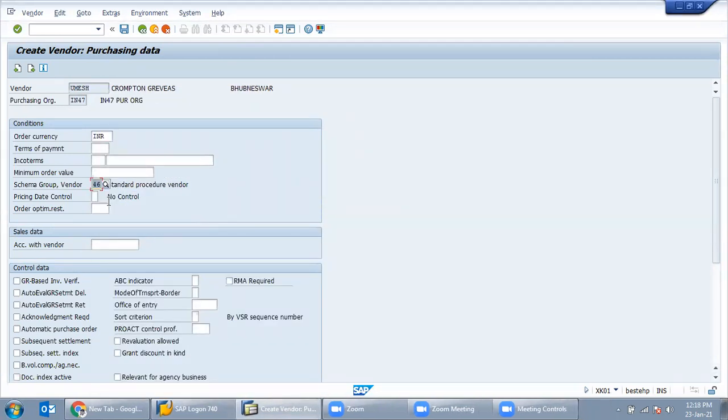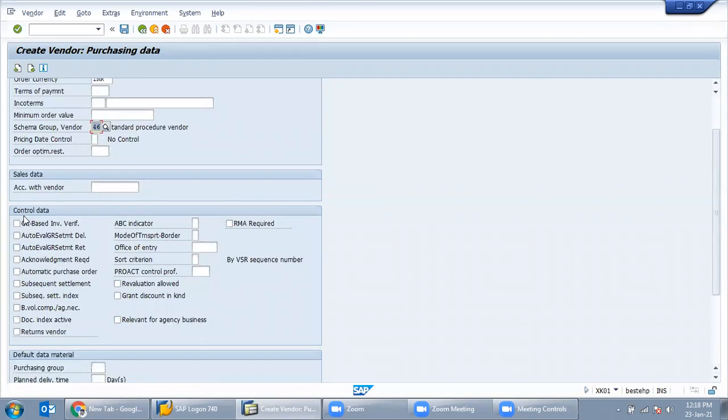So if we do not select the schema group, whatever PO we create with this vendor does not go to release. Okay, by default it bypasses the release procedure. What is release procedure? It is just a paperless approval through SAP.